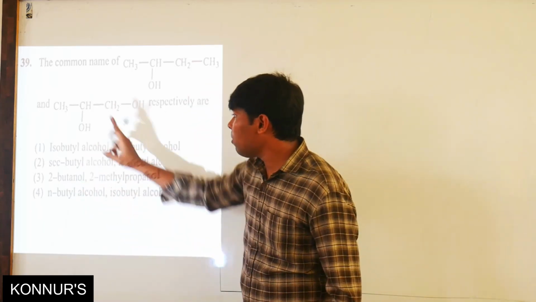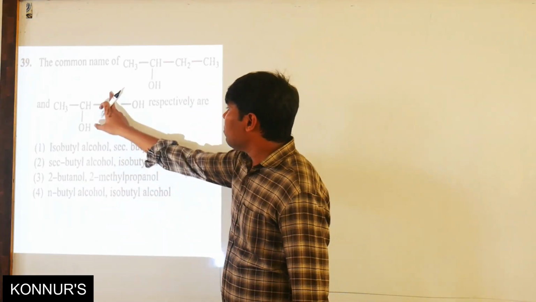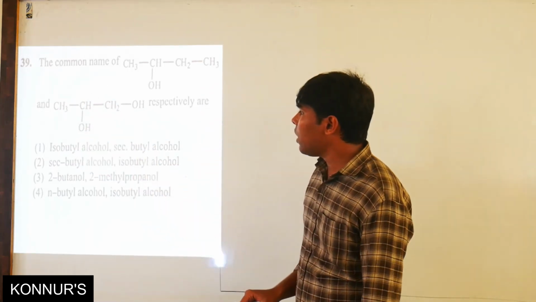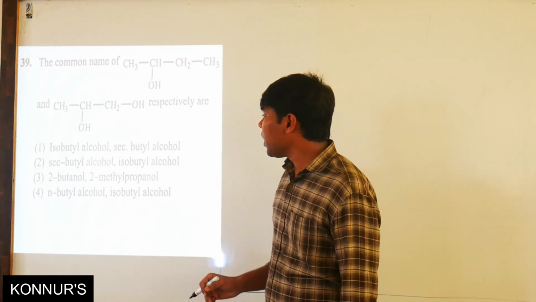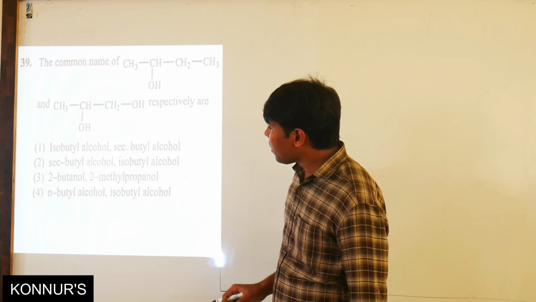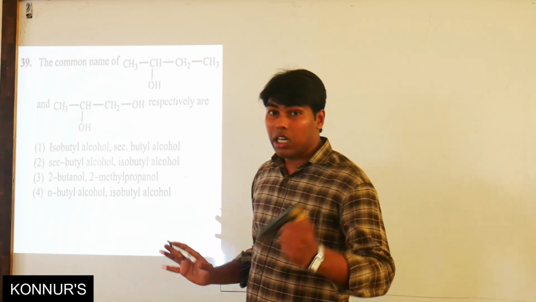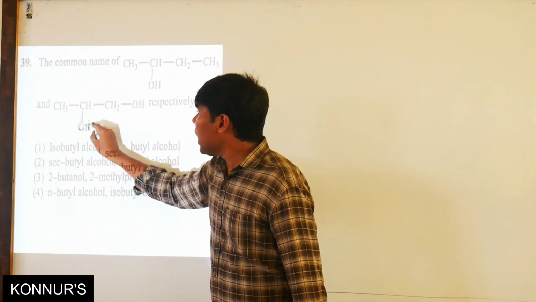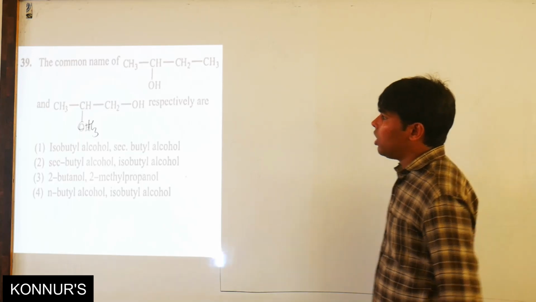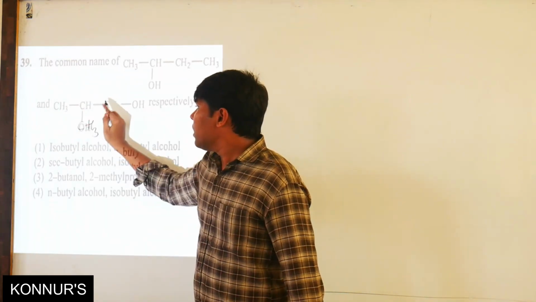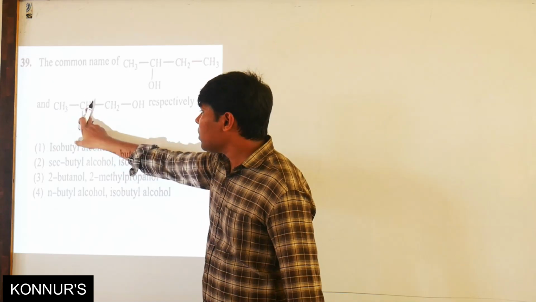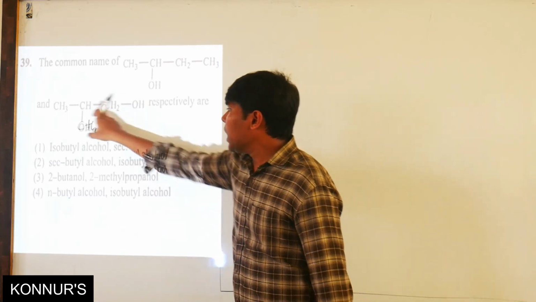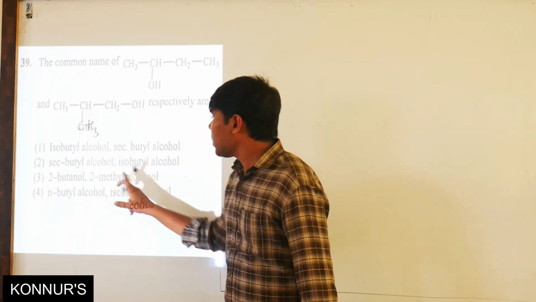Let us check this compound also, where this should be first carbon, second carbon, third carbon. So propane-1,2-diol is the IUPAC name. Let us talk about its common name. Isobutyl alcohol. Here one print mistake is there. It should be the methyl group. If I choose a chain like this, first carbon, second carbon, third carbon, there is one branching at one side, so iso. Since 4 carbon atoms are there, butyl alcohol.